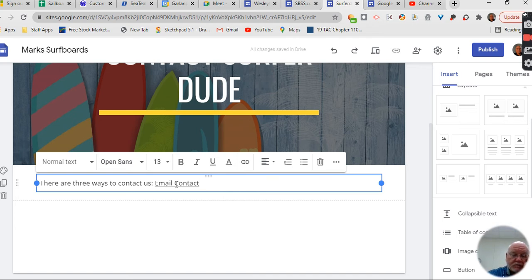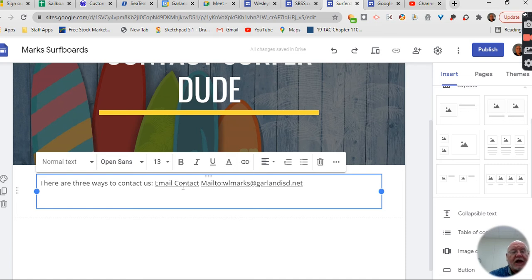As long as you put in, and I'm going to type it out here, you don't type this, but I'm going to type it out here so you can see it again. You would put in there for that hyperlink, mail to : and then your email address. Again, use a real email address. All right. And then I can put in there, well, they can contact me by